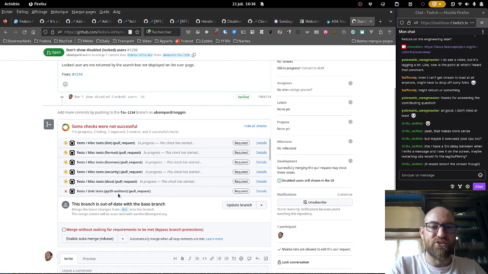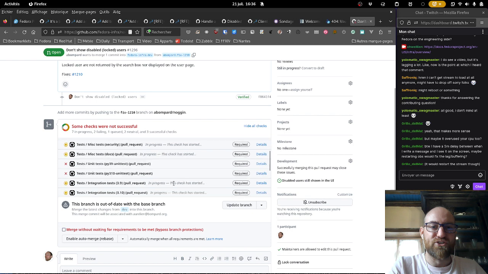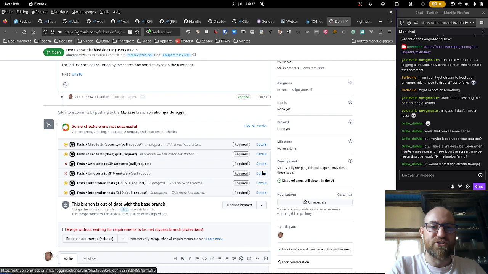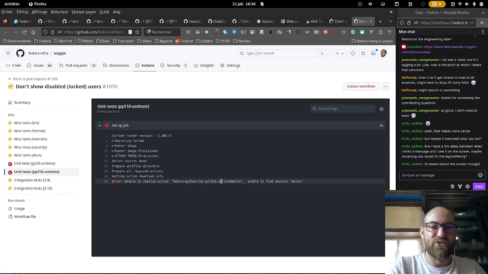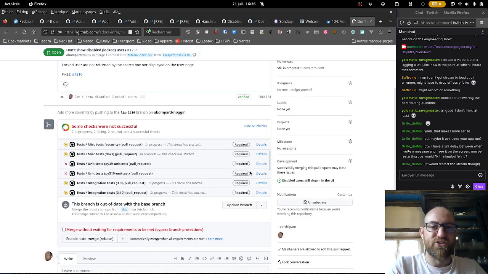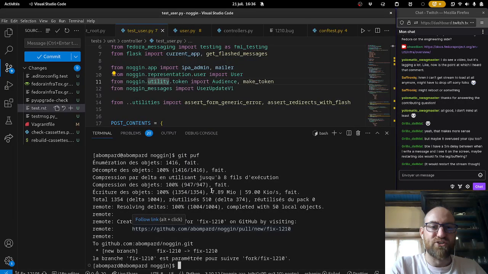It fails already. So the dev branch is out of the, why did it fail, Precious? Why did it fail? What's going on? Tox GitHub actions at master. Okay, yeah, that's a different problem. That's a problem with CI that I'm going to fix as well.